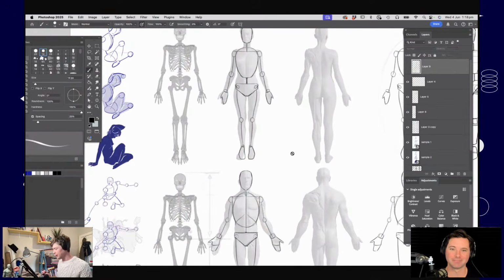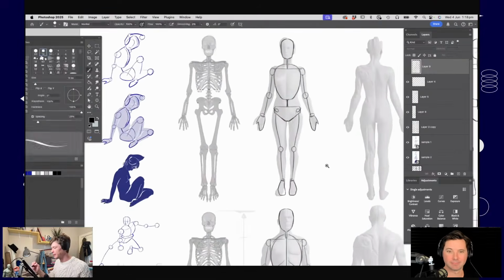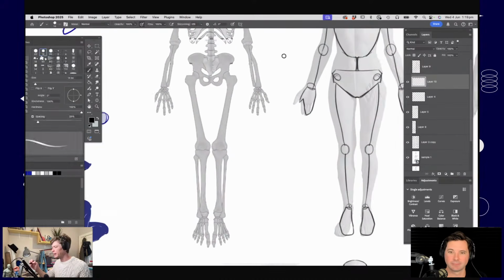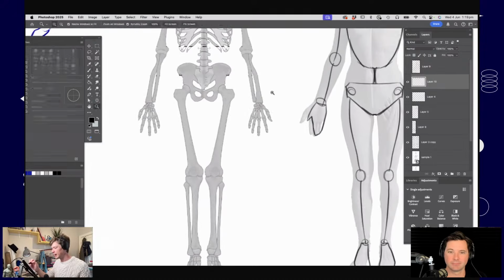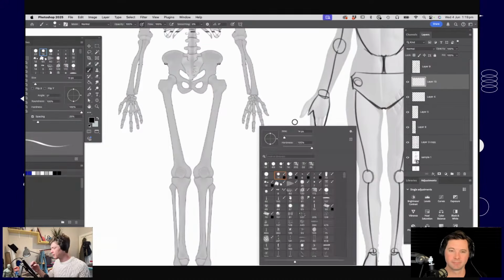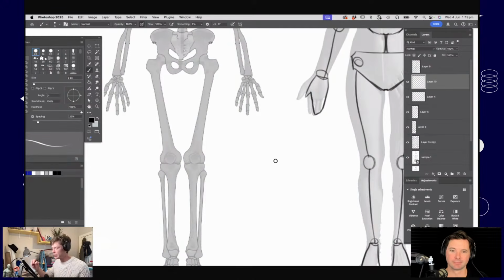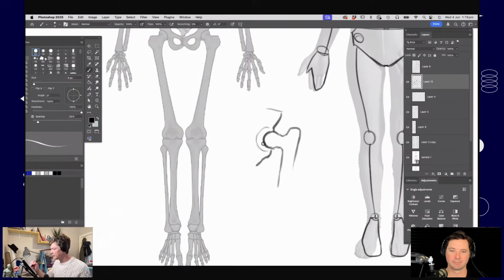Yeah, absolutely. And it's a good point you raise around the hips. I'm just putting in simple ball joints there, but it is worthwhile when you're looking at the hips and the knees and any of the joints to imagine what's functionally happening there. So on our pelvis, it's what they call a ball and socket joint. If I was going to draw the top of the bone in the hip, it has this nodule that comes out, and then there's a cup shape that it sits within. You're never going to be drawing this if you're drawing a person wearing clothes, but understanding how that hip can move.